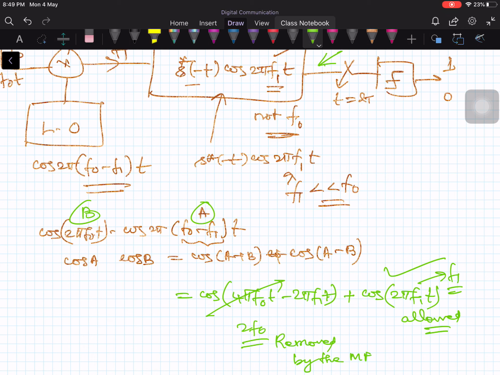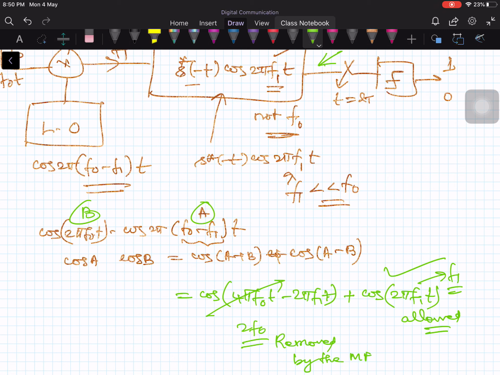But we have not solved the problem of timing sensitivity, the timing error problem. What we have done is shifted it to this frequency f1, where we assume that the carrier frequency is very low. And we can hope and assume that the timing offset also will be very small.